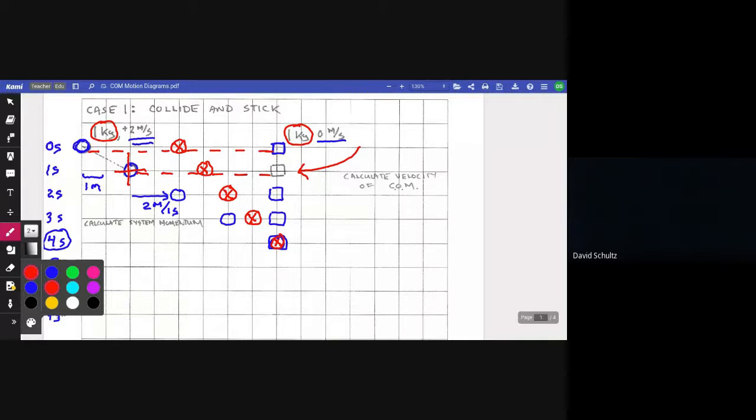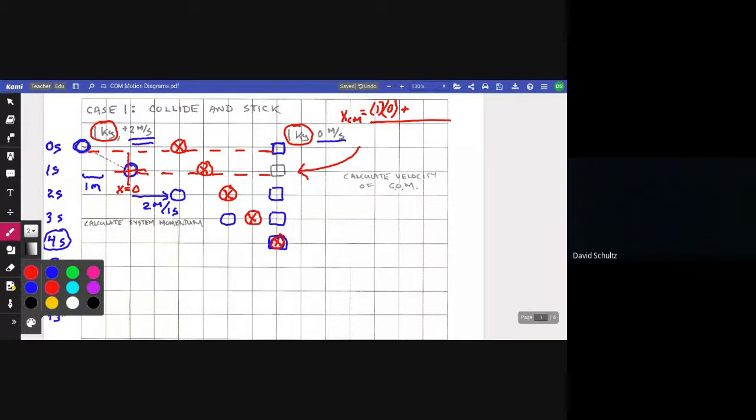And remember in class, we used a formula for finding center of mass. So I would do something like this. I would say that with this as my x equal to 0, my center of mass is going to be equal to, and then what I do is I multiply the first mass times its position, and I add the second mass times its position. So this would be 1 kg times 0 meters